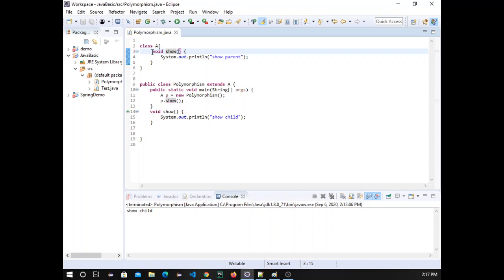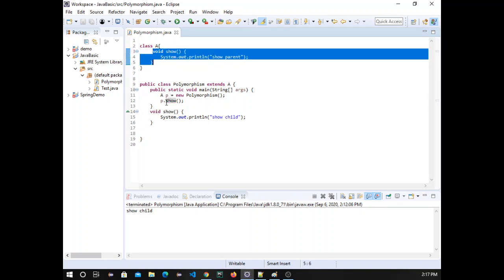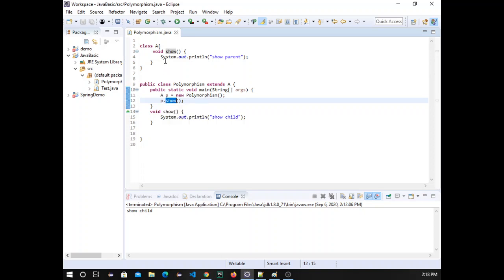everything is done. Even though it's not going to be called, the compiler will be happy: yes, you want to call the show function, and the show function is available inside class A. So I'm satisfied now, I have to call this function. At runtime, if you give another object, that one will be called. Suppose I created an object of A. In this scenario it's clear: p is of type A and the object is also A, so this one is going to print parent one.